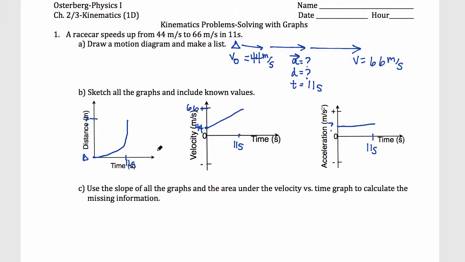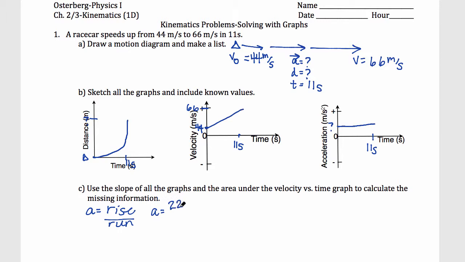So I know the acceleration is going to be the slope, so it's the rise over the run of the velocity versus time graph. So we're focusing on this middle graph. This is an important graph for these problems. Alright, so I know the acceleration is the rise of this line. Well, how far does it go up? Well, it goes from 44 to 66, right? So how many meters per second does it go up? Well, 44 to 66, you can subtract them. You get 22